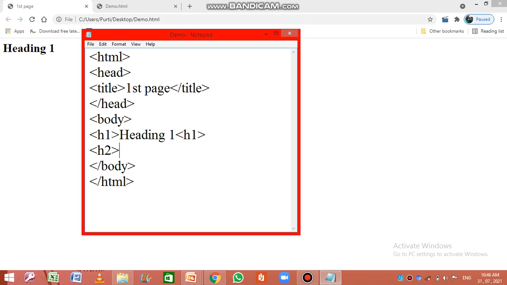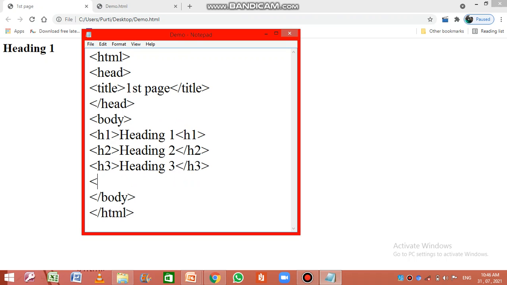Now after seeing all the headings, you will know the difference. Suppose here I use H2. Copy the same, paste it here and make it H2, H2 close. Likewise H3. We have a total of H6. Make this H3, H3 close.